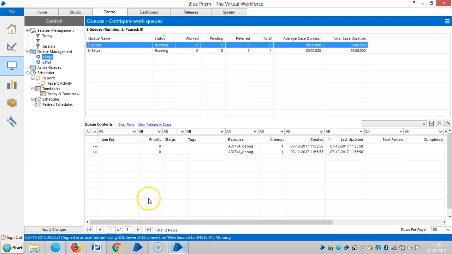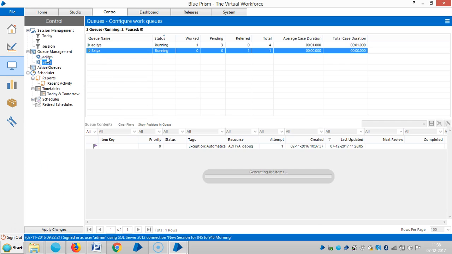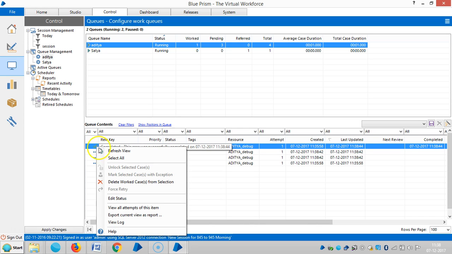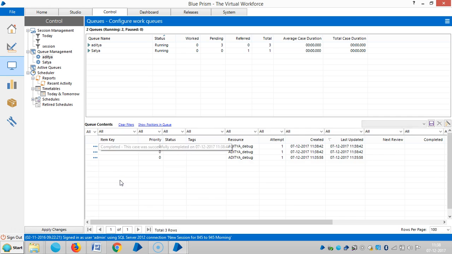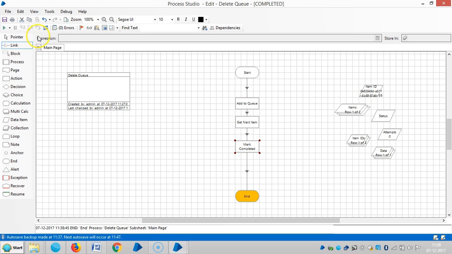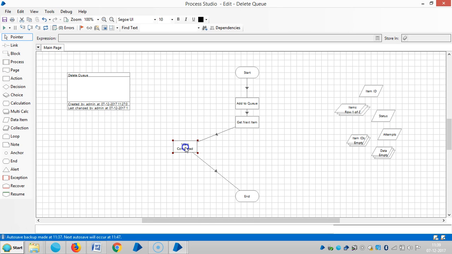So go to Control Room. Here you can see one is done, so one case is completed. Once it is complete, we can delete it. Let me repeat the same procedure for the other one, and to do that, instead, let me use one condition